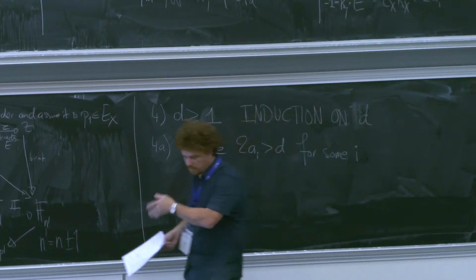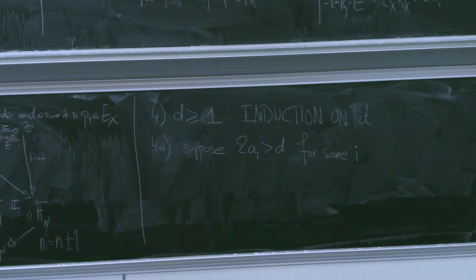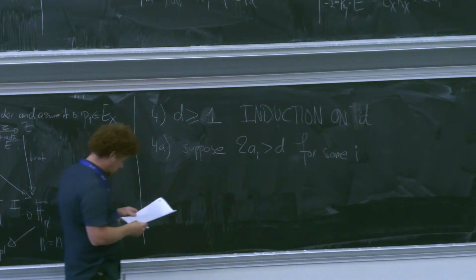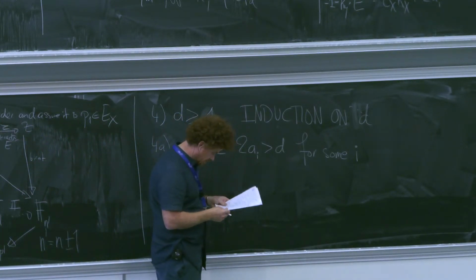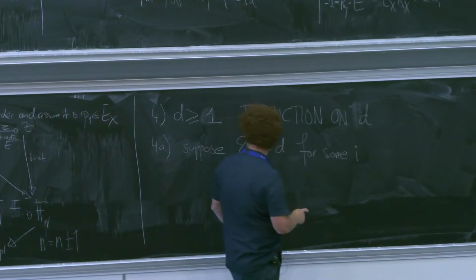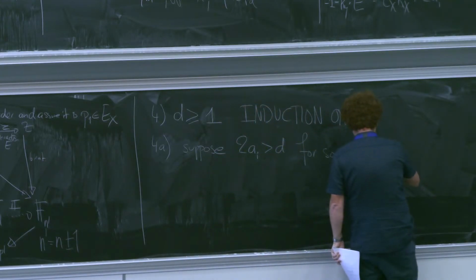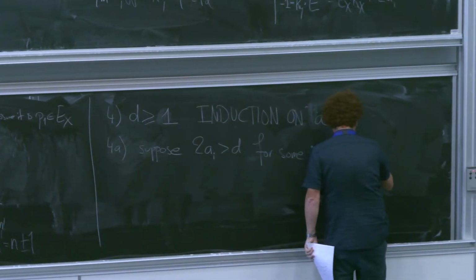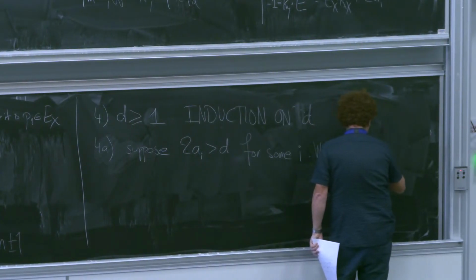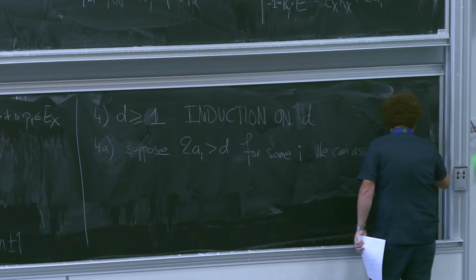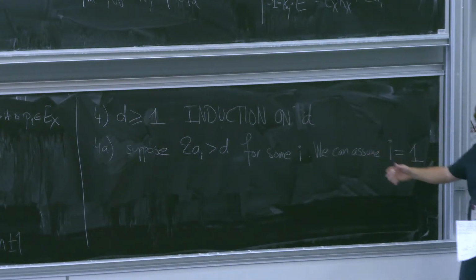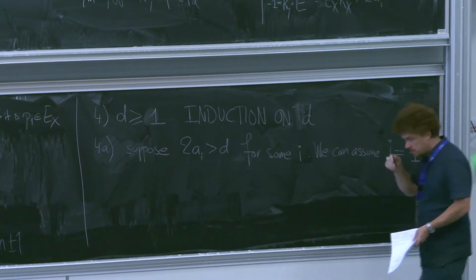Here, because I am in a conic bundle, it's 2, but in general it could be 3 for P2. But you will see it's really important. It's really 2 times, it's not something else. So now we can assume i is equal to 1,